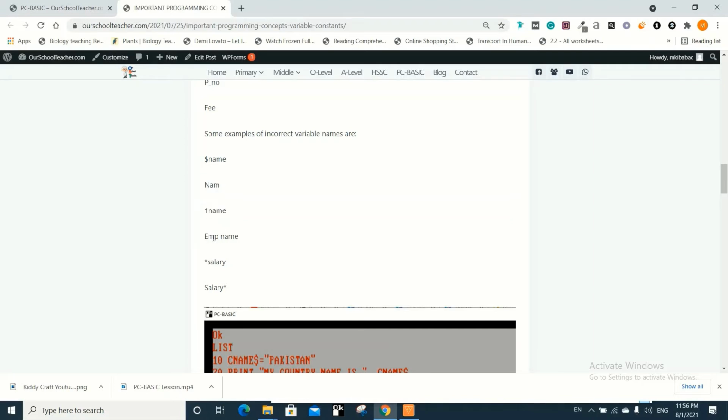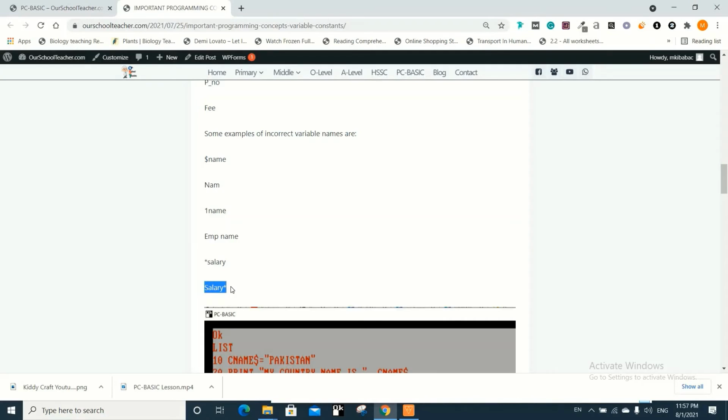EMP, space, and then NAME, this is also incorrect. STATIC SALARY, this is also not correct. SALARY STATIC, you cannot use any special character. Special character means any punctuation except underscore, or any other special character.